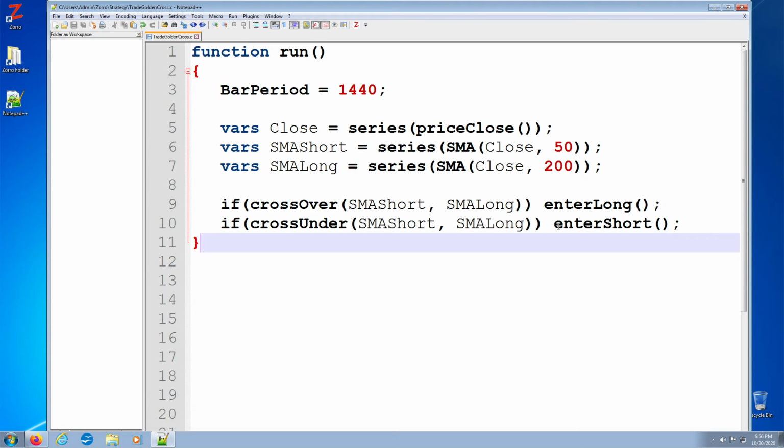Okay, so in order to keep things simple, all we have here is the bar period set at 1440 minutes, which is one full trading day. And we have the three variables that we need. Actually, they're arrays. They're the type of series, which is the closing prices and the two moving averages, 50 days and 200 days, and the trading logic. Okay. So if we run this,